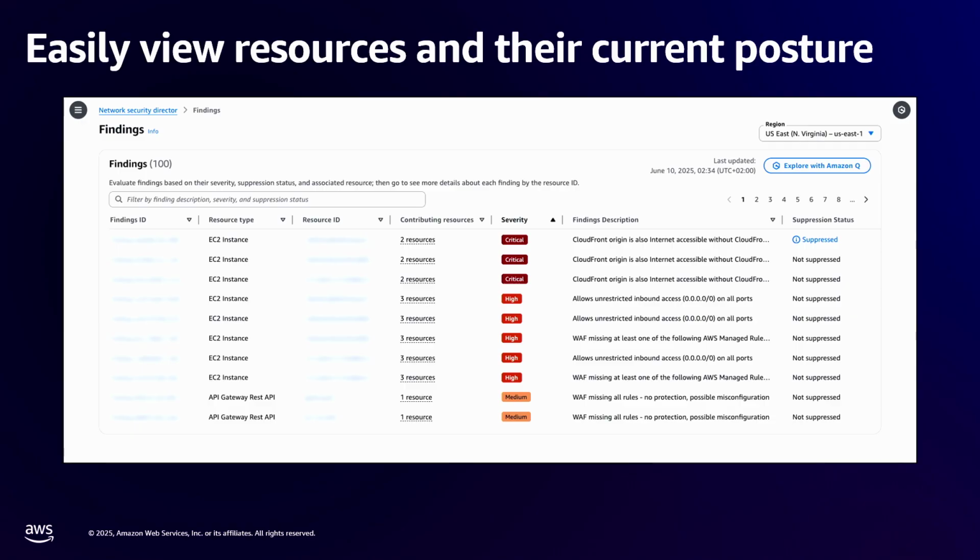In doing so, there is a findings section in the console that you can look at, and that provides you a few pieces of key information that hit on all of these points. One is a finding itself is specific to an individual resource, right? And that same finding type or the issue description can happen on multiple resources and have different severities. So you can easily find a given finding on a given resource in this section of the console by just looking at the severity column, looking at the resource ID in question.